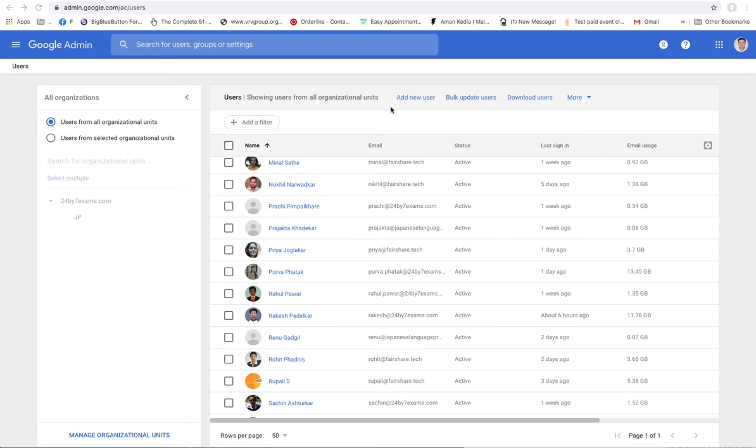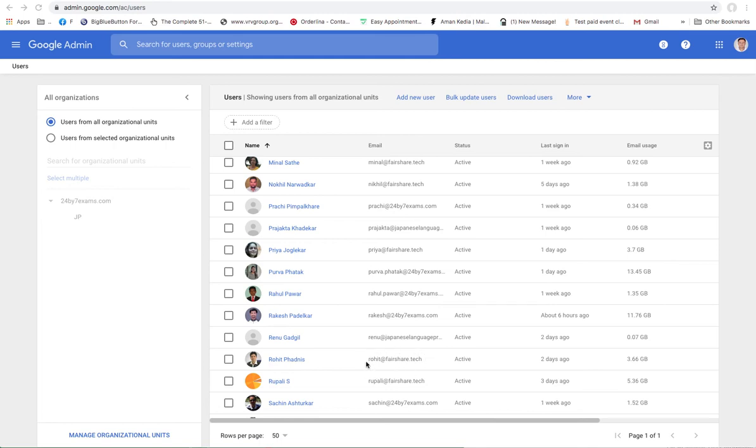If I create that new ID, another headache is that Rohit will have to check those two emails separately, or he will have to pull the same email, sales at fairshare.tech, into rohit at fairshare.tech, which is going to need some setup. But in this case the person is the same. So Google provides something called an alias, and you don't get charged for creating n number of aliases. There are certain limits on that, but you can create them with no extra charges. You only get charged for one particular email ID, let's say in this case rohit at fairshare.tech.